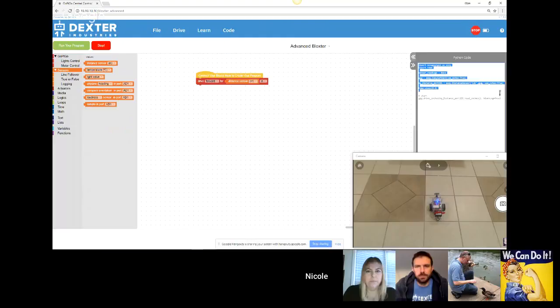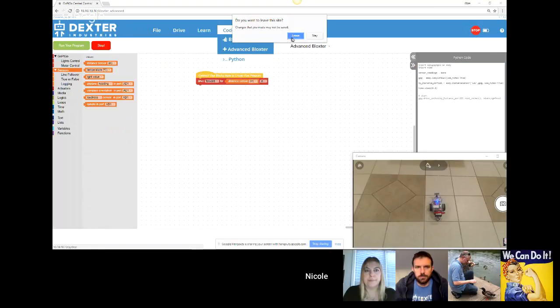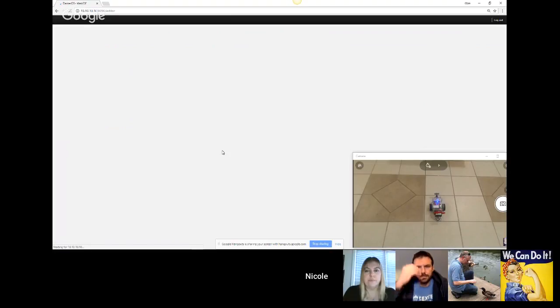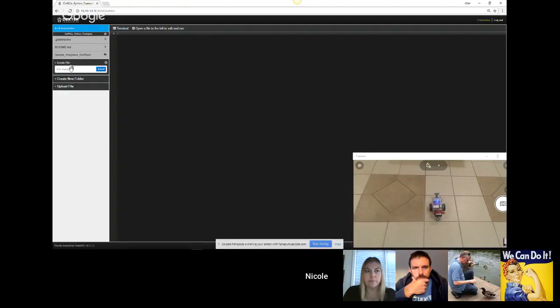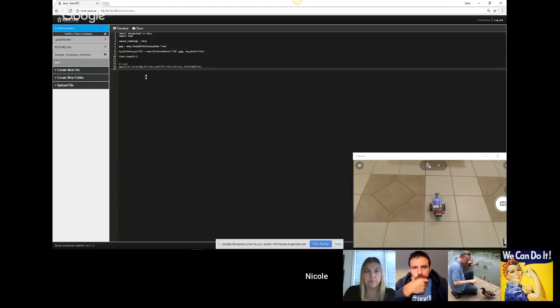What is neat, once you're ready for that, is I can actually do a copy paste of this. And when I go into code, I can go in Python. And we support Python on this robot. I'm going to create a new file. Test. I can put my code, and I could add more to it because Blockster gives me a base. Then I can go on and change whatever I wanted to change in the code,